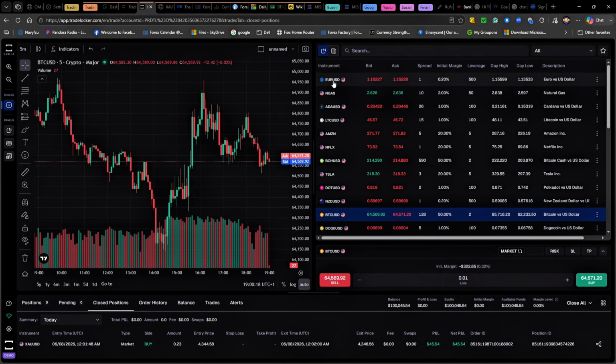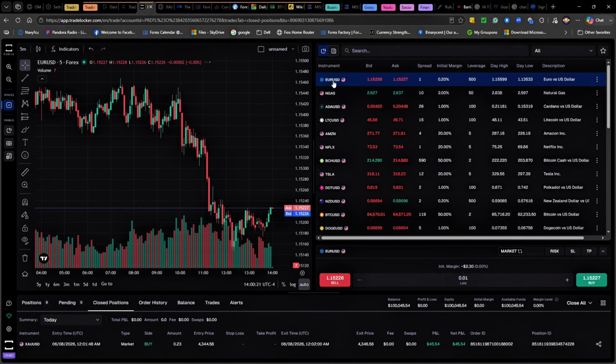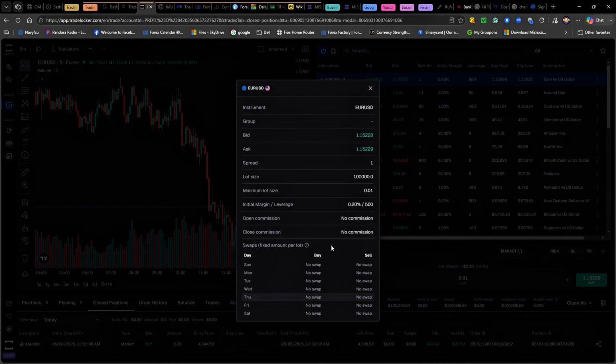Also inside of the market panel, if you left click or right click on it, for some of them you can left click, right click, or select the three dots like you see over here. Each broker does something a little bit different. You just got to be able to identify so you can see more options. I can open instrument or open asset. It'll take me directly to that asset, or I can select view details to see more information about the asset like you see here, right? Lot size, all of this information,